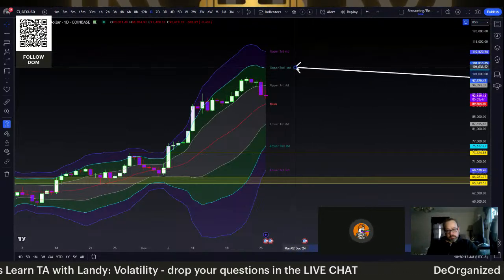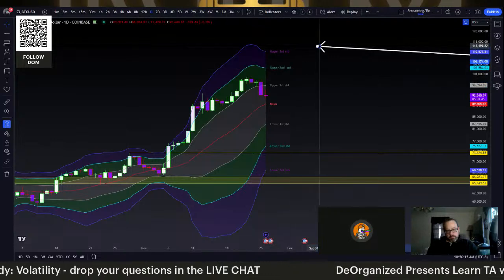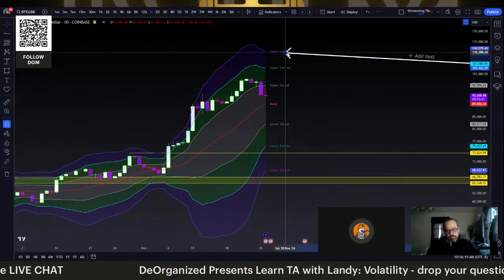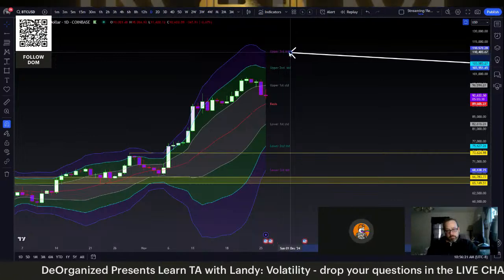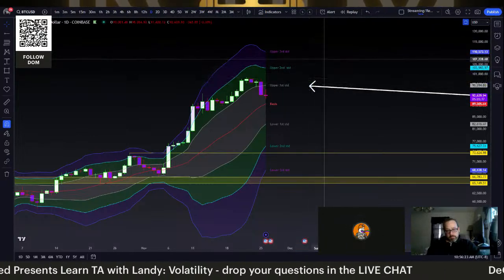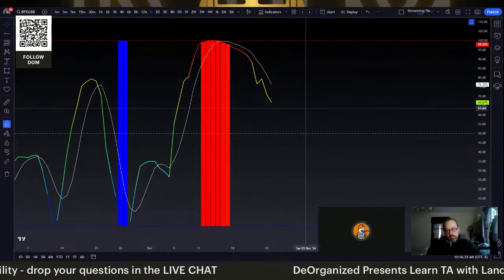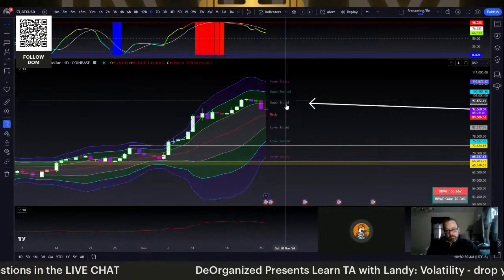So close above the upper second, that volatility is going to increase exponentially. Close above the upper third, which is about 110,500, then we're going to see it even more volatile to the upside. So we'd see that metric pick up again. And this is how we can gauge